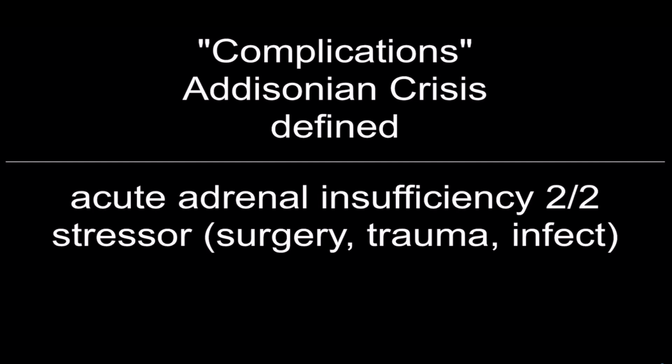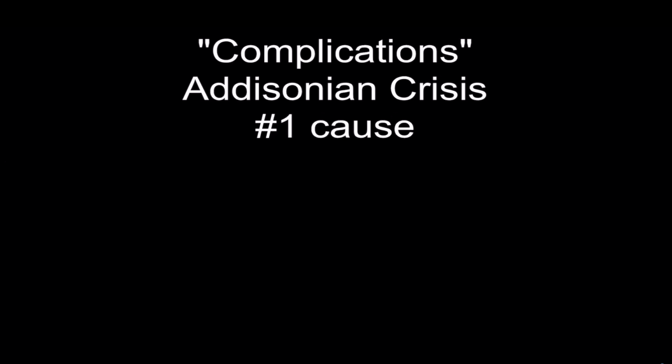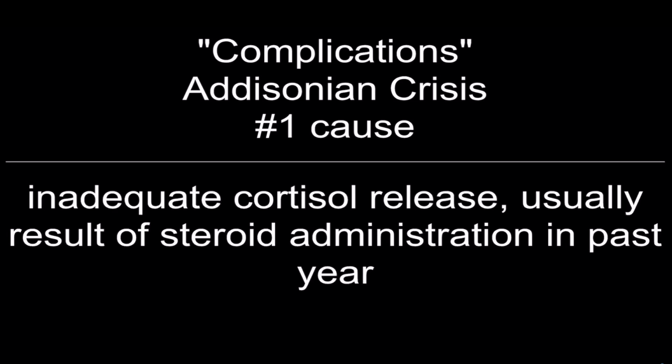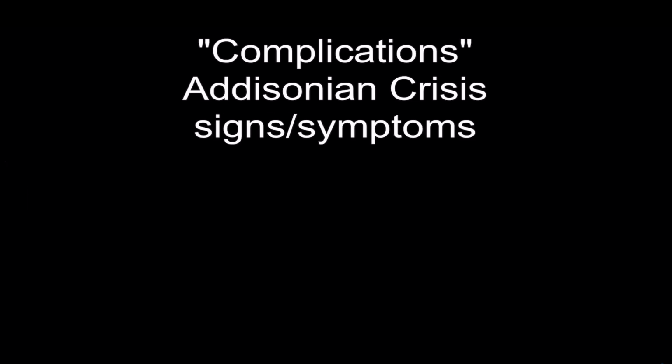Addisonian crisis is defined as acute adrenal insufficiency, with a stressor like surgery, trauma, or infection. Addisonian crisis number 1 cause: inadequate cortisol release, usually the result of steroid administration in the past year. Addisonian crisis, signs and symptoms: